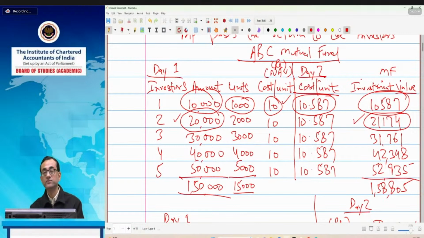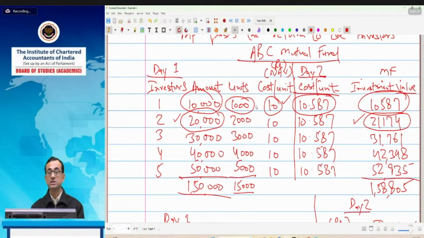Actually, in a mutual fund, the investing is made in companies. In companies, the mutual fund is actually investing. So the mutual fund is basically the shareholder. The one who is investing in the company is the shareholder, and not the ordinary investors who are actually investing in mutual funds. The cost increases means benefit to investors.